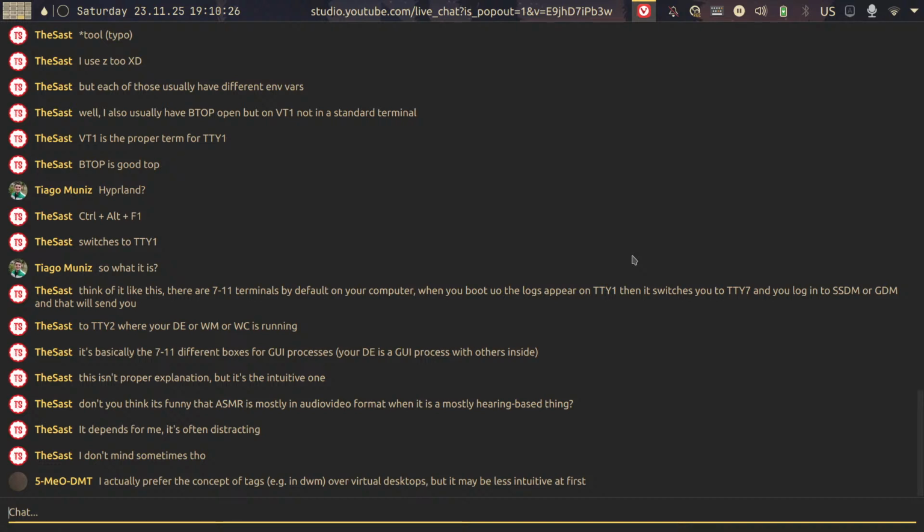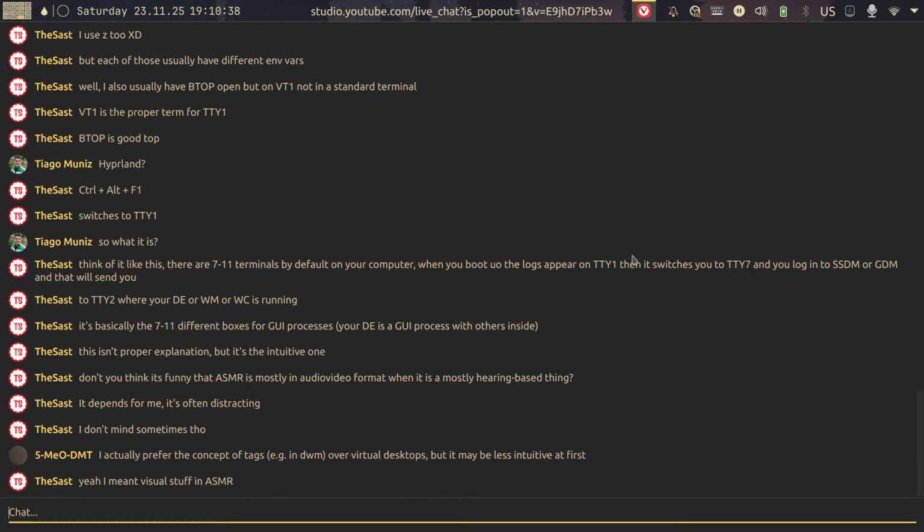I actually prefer the concept of tags in DWM over virtual desktops, but it may be less intuitive at first. Well, Vim isn't very intuitive at first either, and I love it. So I believe you, I most definitely believe you. I just haven't tried that yet. I don't know much about window managers. I've heard about a bunch of them, but never actually tried one,